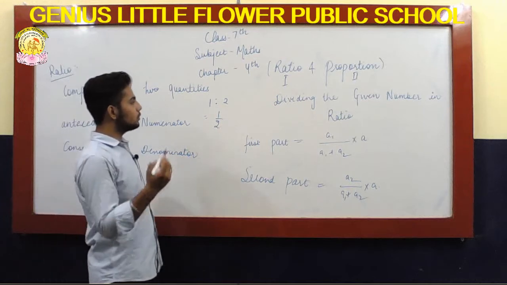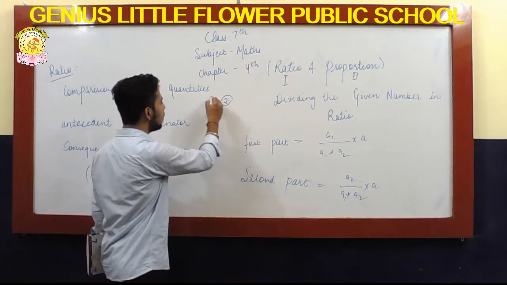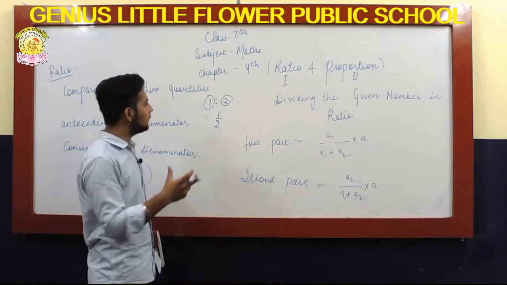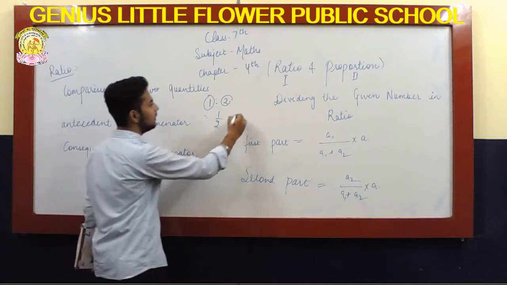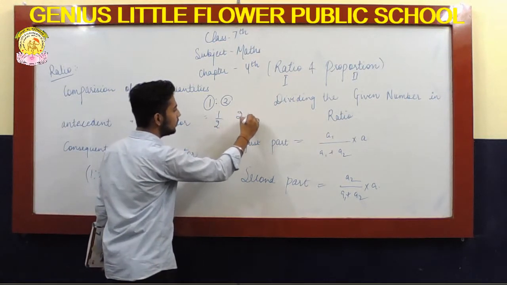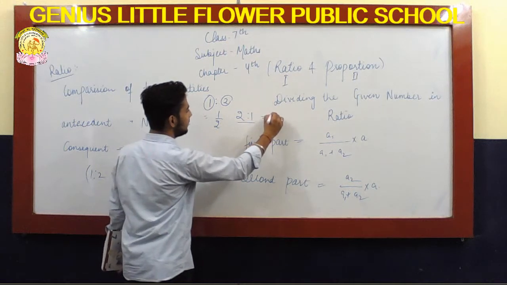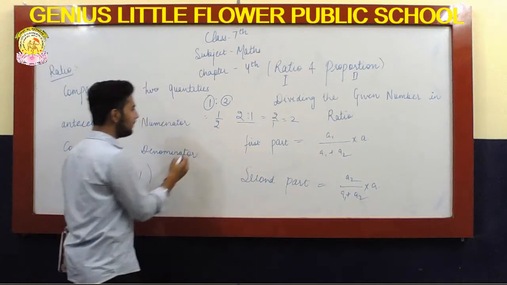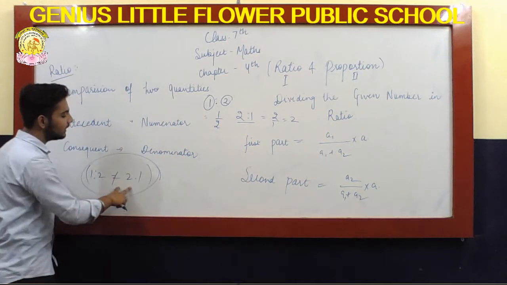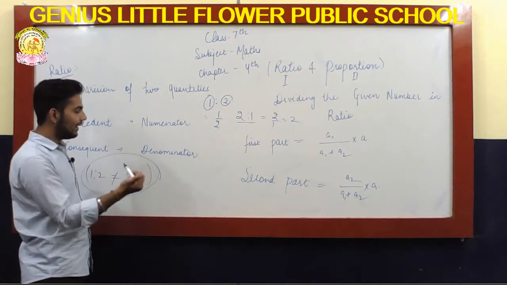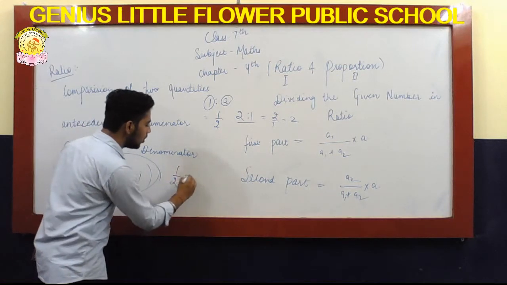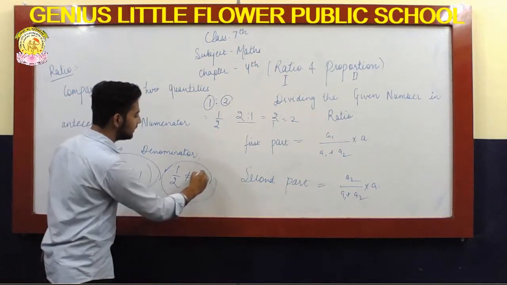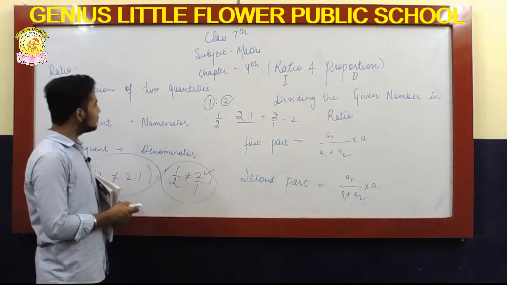As you know, if the numbers in a ratio are interchanged, it can't make the same value, because that is also a ratio but does not give the exact same value. For example, if you interchange these digits, 2:1 is not the same as 1 by 2, it is 2 by 1, which is 2. So ratio 1:2 is not equal to ratio 2:1. Why? Because 1 by 2 is not equal to 2 by 1. This means a half value and this means the number 2. So these values are not equal.